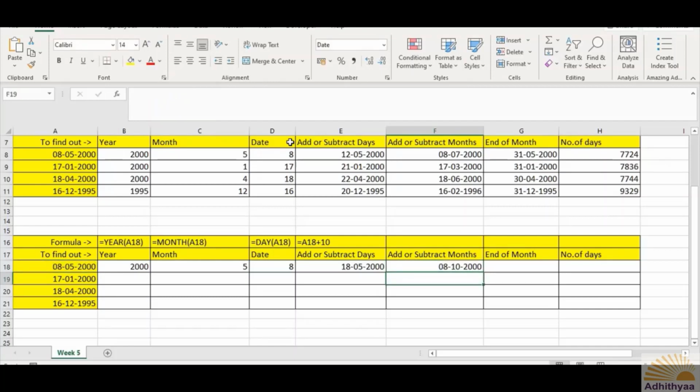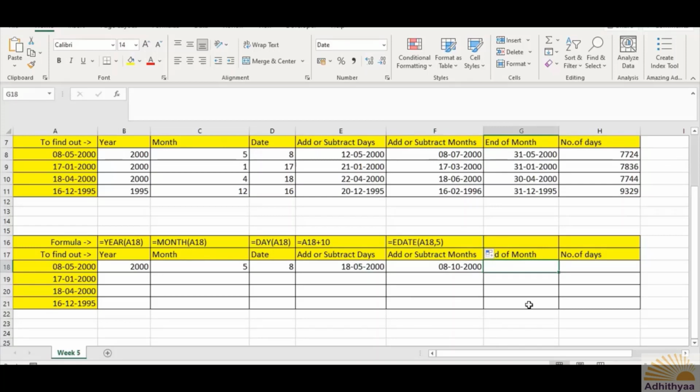Like how you can add number of days, you can also add number of months here. Let me drag and drop the formula, which is equals to EDATE A18, 5.